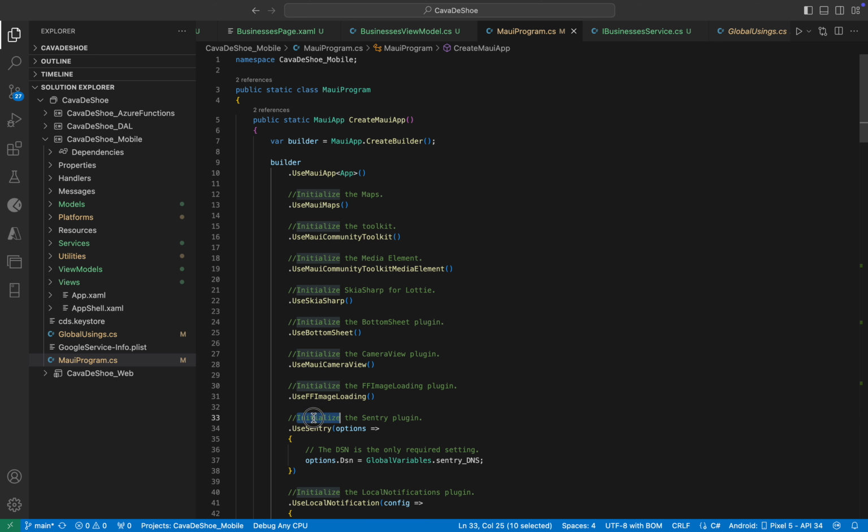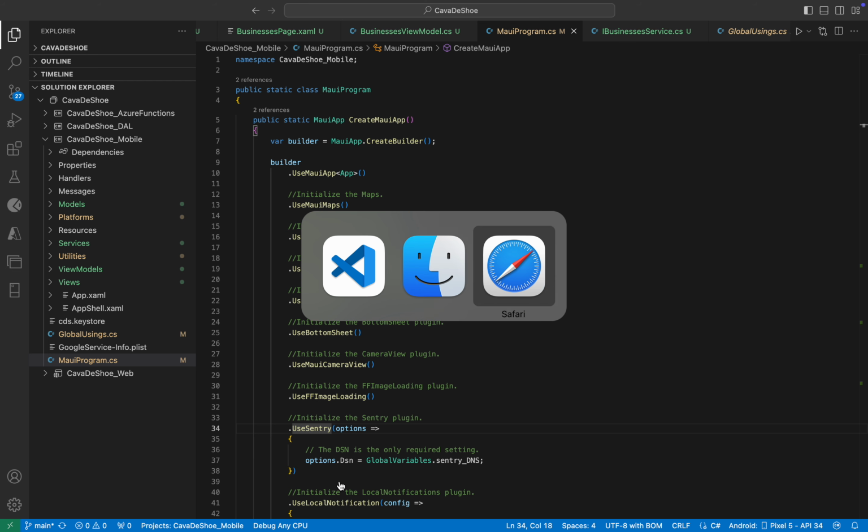We do initialize a Sentry plugin. If we say UseSentry and pass in the options, one of them is the DSN, the same way that we did with .NET Core in web. We need to pass in the DSN so that it sends correctly to the platform on Sentry. And speaking of the platform on Sentry, if we go now to the browser,